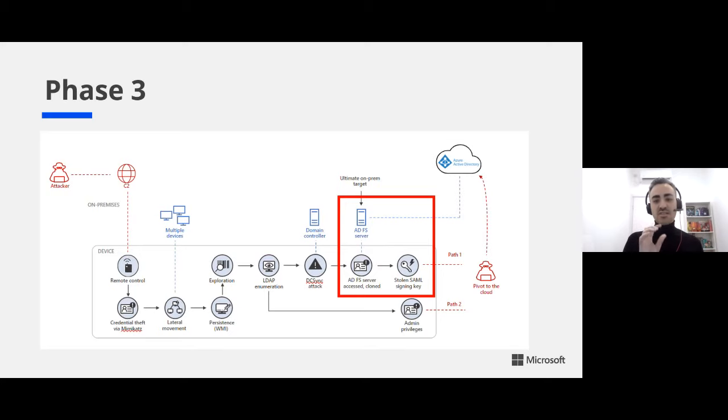So I'm going to explain a bit more about phase 3, about what happened on the on-premise side of the attack. And hopefully it will help you understand even further why I think UEBA is so crucial here. Once they had access through the C2 channel and the opportunity to travel within the on-prem network, they used pretty basic stuff in order to gain privileges.